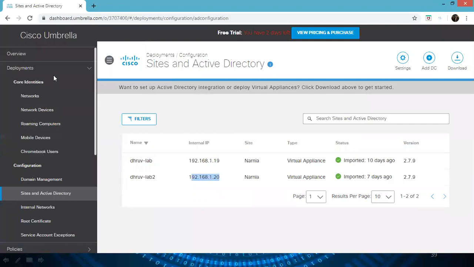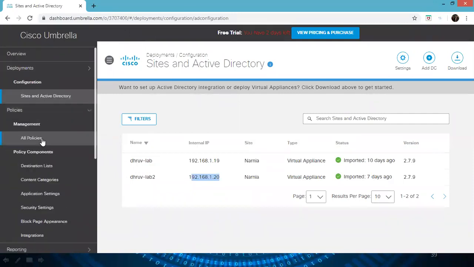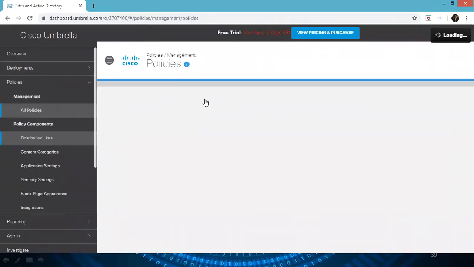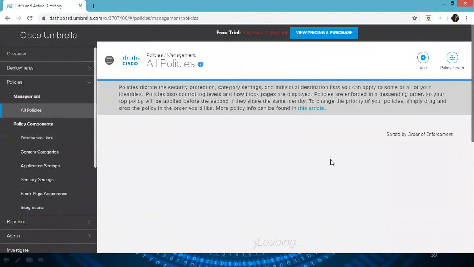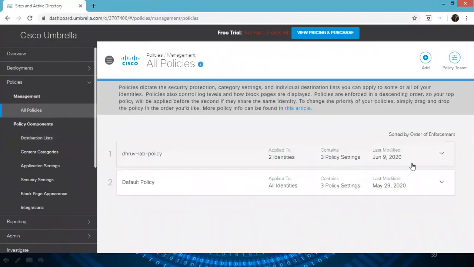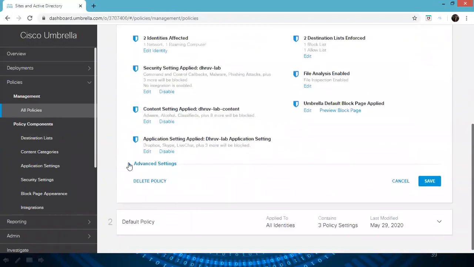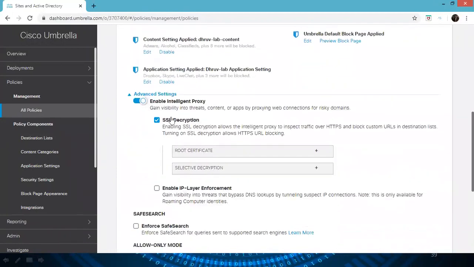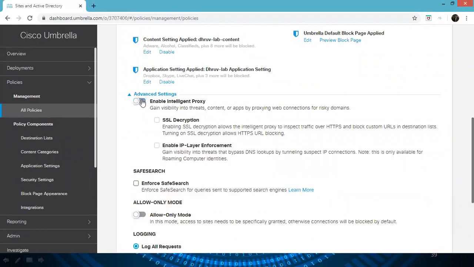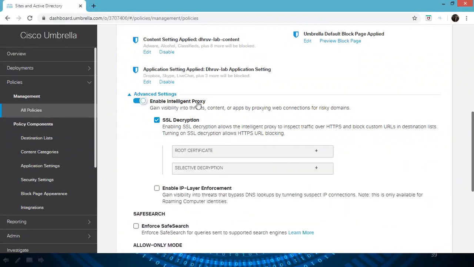If you go back under the deployment policies, all policies, let it come up. So that's the policies. Under the advanced settings, we can enable the intelligence proxy, and I have enabled SSL decryption, because